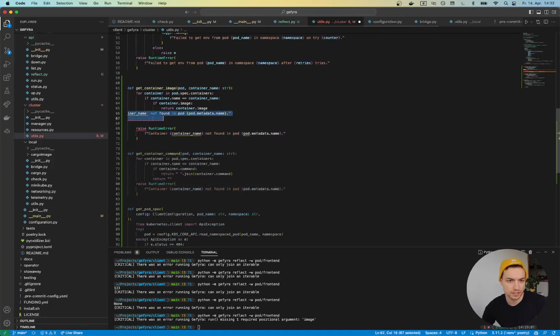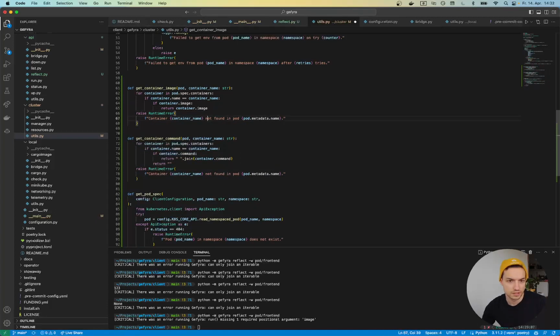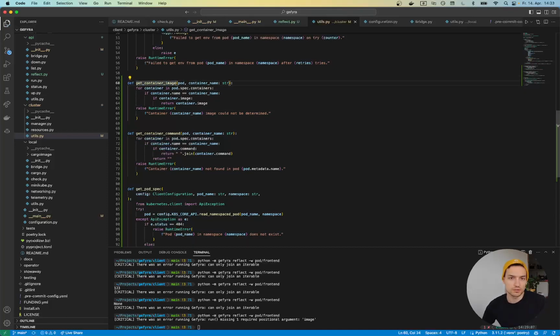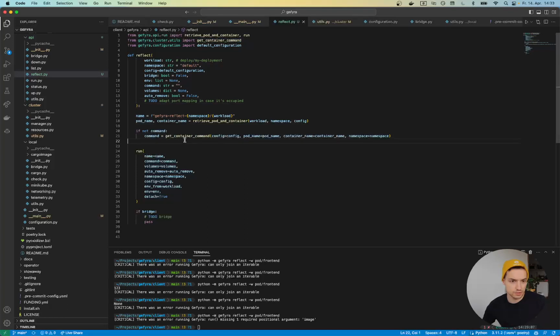Let's do something like this. Container image could not be determined, which would be kind of weird. This should actually never happen, but yeah, you know how it is. So let's work with that, and what we do now is